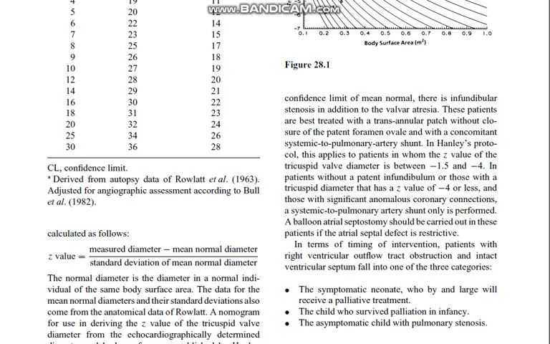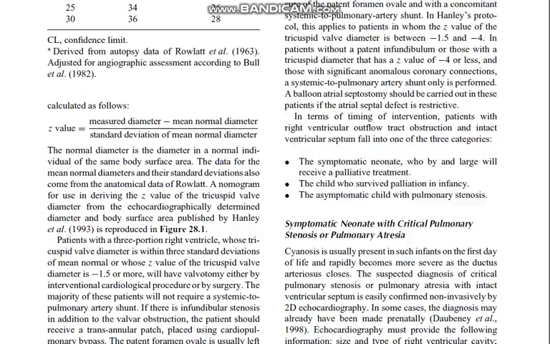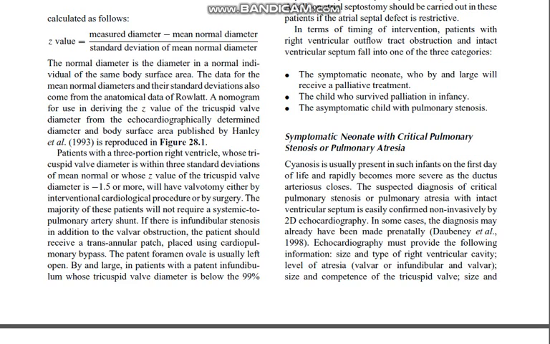In terms of timing of intervention, a patient with right ventricular outflow tract obstruction and intact ventricular septum falls into one of three categories. The symptomatic neonate, who by and large will receive palliative treatment. The child who survives palliation in infancy. The asymptomatic child with pulmonary stenosis. Symptomatic neonate with critical pulmonary stenosis or pulmonary atresia: stenosis is usually present in such infants on the first day of life and rapidly becomes more severe as the